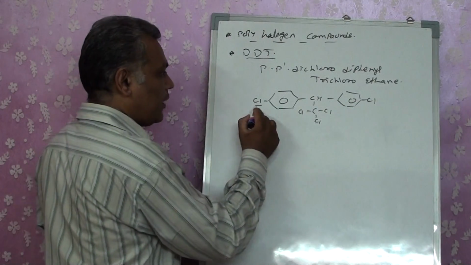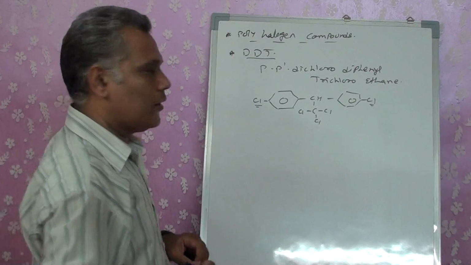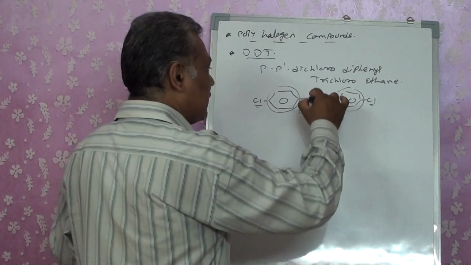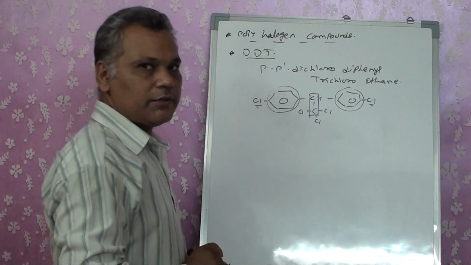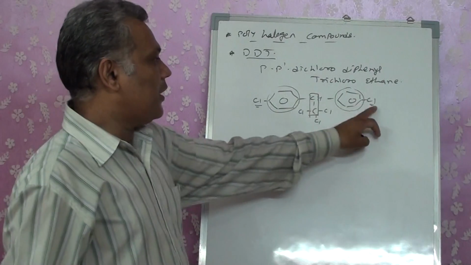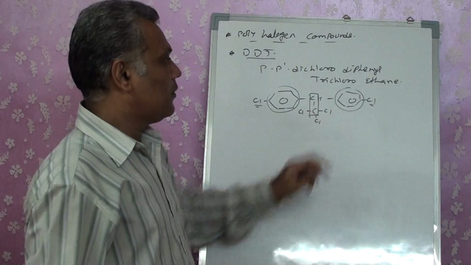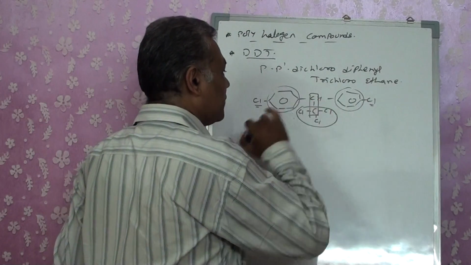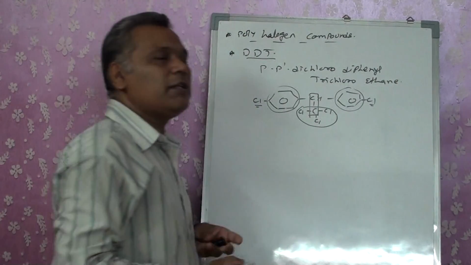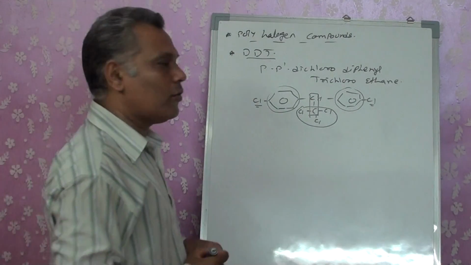See, we have dichloro. These first two chlorine atoms we are taking, dichloro. These are the two phenyl groups, because this is my main chain. Two carbons, ethane. So these are the functional groups. P dash, para dash dichlorodiphenyl. Then these are the three chlorine atoms. So the name is given as trichloro, and two carbon atoms, ethane. So the name is written as p-dichlorodiphenyltrichloroethane.